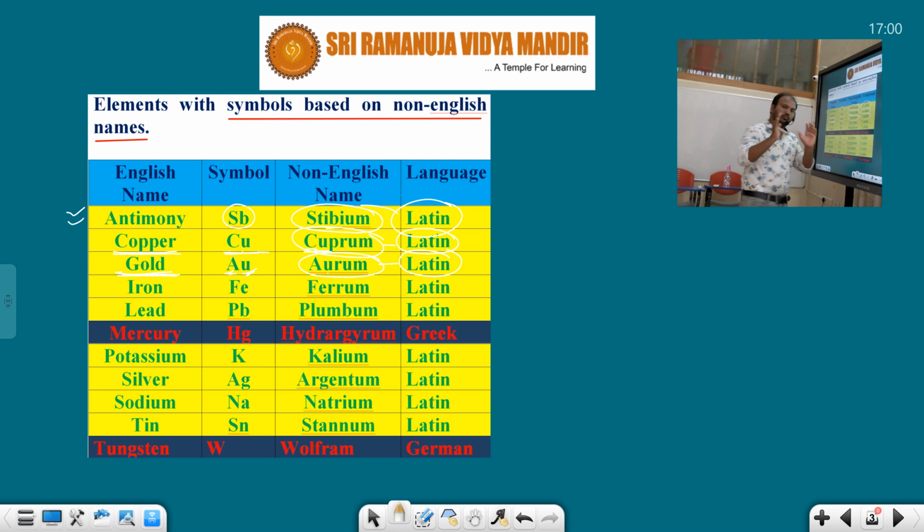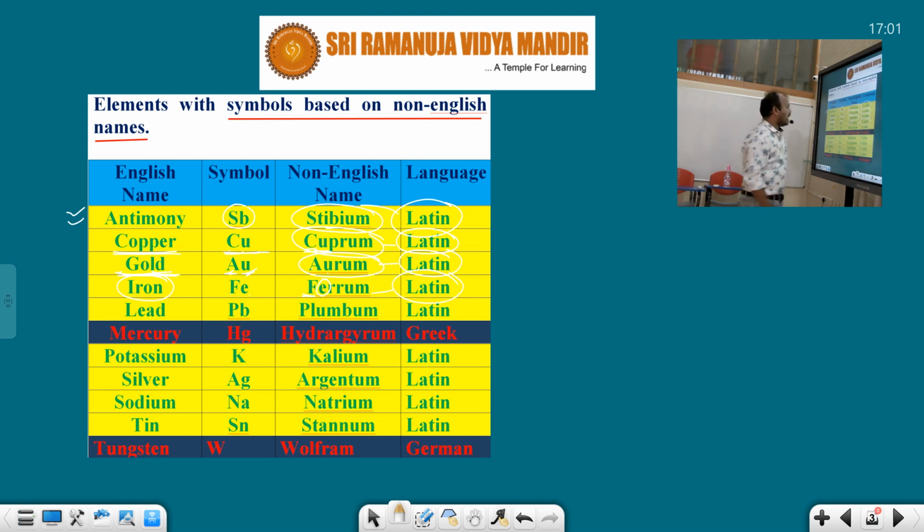After that, you should observe the second letter. After that, you have to focus on any prominent letter that is mentioned. Right? After that, iron. Iron needles, we know iron objects. But that symbol is Fe. There is no F and no E mentioned in the English name. But the symbol is Fe. How to write this? This is also the same thing. This symbol is derived from the Latin word ferrum. Fe stands for ferrum. First letter F, second letter E. First letter is always a capital letter, second letter is always a small letter.